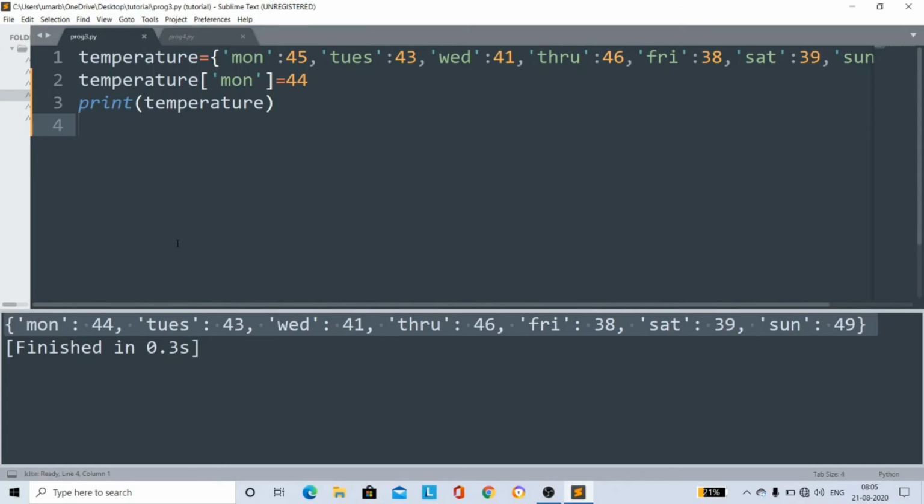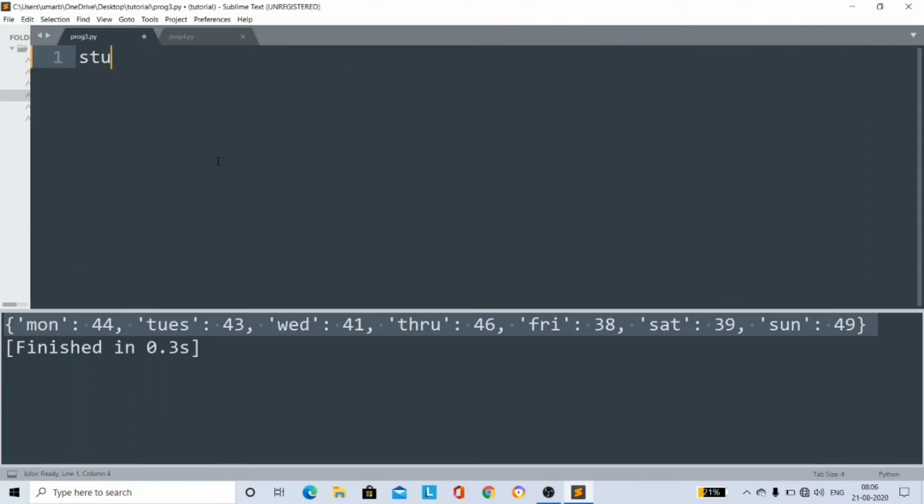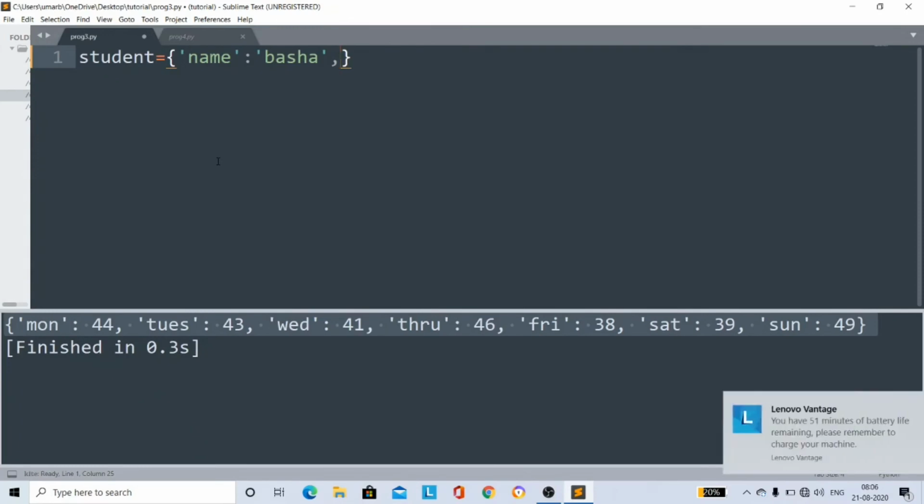Next, to add elements to the dictionary, we add elements using a new key and a new value to assign to that key like this. So simple and easy. Print name. Strings are given in double quotes or single quotes. It is valid to give in double quotes or single quotes.